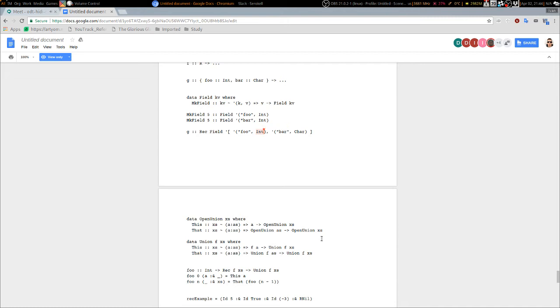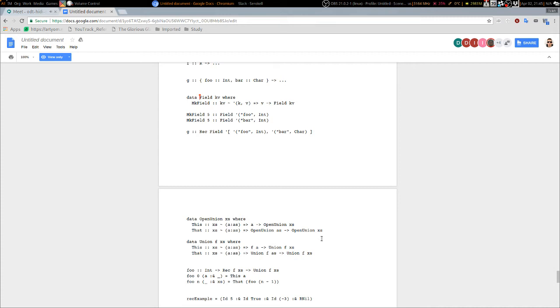a value of type int, a value of type char, and at compile time we also know the names for those fields, so we can write functions that, for instance, look up the field that we want and get its value for us. And that's what Vinyl actually does. If you look at its code, at its interface, you will find a definition called L-field, which is a thing similar to what I defined, and you will